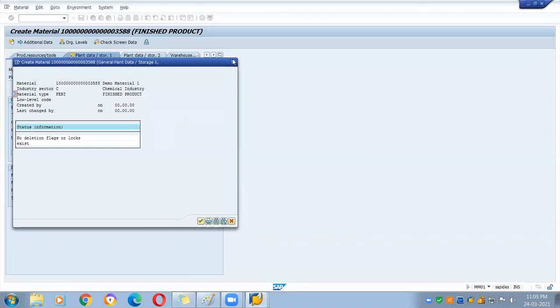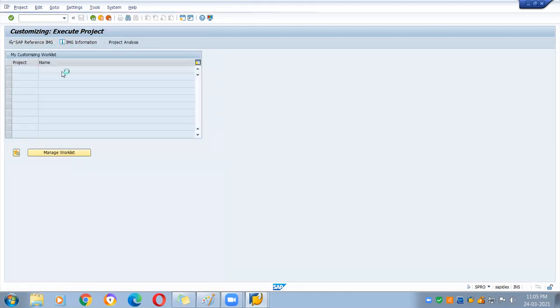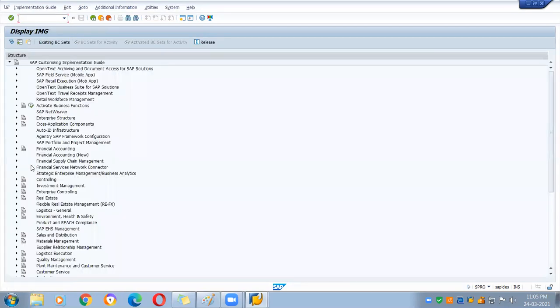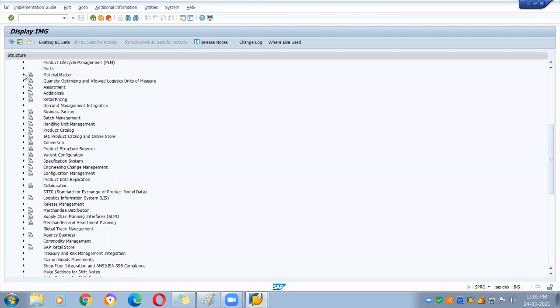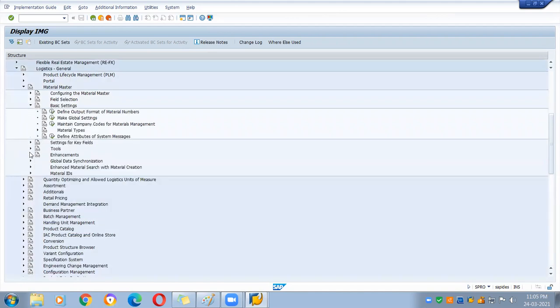So you have to go into the configuration, and then you have to go into Logistics General. You have to go into Material Master, and then you have the basic settings, the material types.